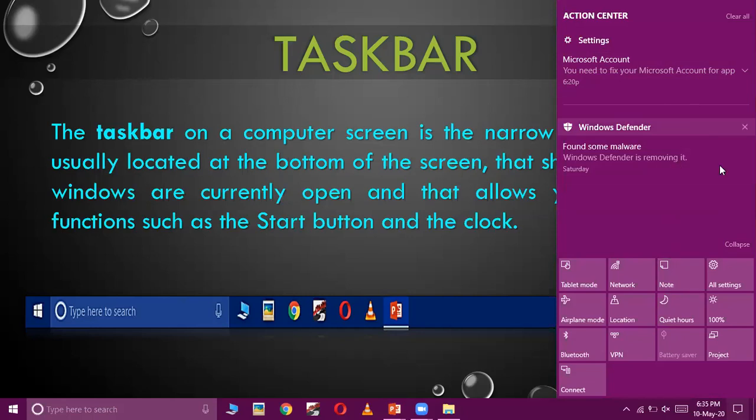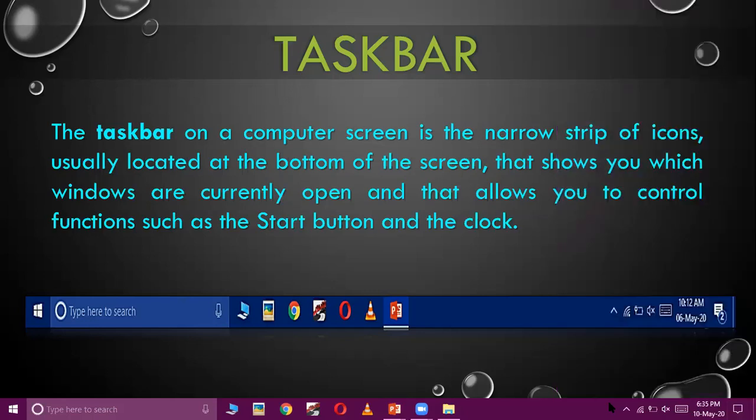And this is that notification bar. So this was the taskbar. In this class, it will be till here only. In the next class, we will discuss changing the font color and some other features of the Windows operating system, like deleting files, restoring files from the recycle bin, renaming a file, moving a file from one folder to another, creating a shortcut, and pinning icons on the taskbar and start menu.